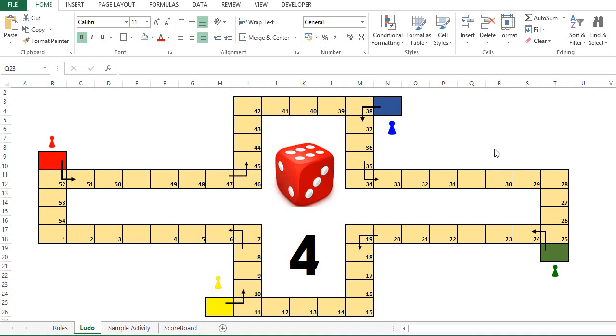So as you can see, this is designed based on MS Excel, and we have used small formulas that we would tell you how to do, and we have created another video for that, and the link would be shared in the description here. And as you can see, this game is only done through Excel. We don't need any props. We do not need to buy anything. So when you are playing in your office or among your team, we don't have to spend a single penny on that.